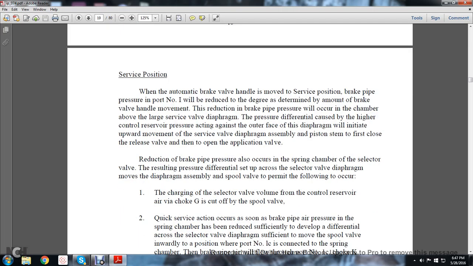Service position. When the automatic brake valve handle is moved to the service position, the brake pipe pressure in port number 1 will reduce to a degree determined by the amount of the brake valve handle movement. The reduction of the brake pipe pressure will occur in the chamber above the large service valve diaphragm. The pressure differential caused by the higher control reserve pressure acting against the outer face of the diaphragm initiates upward movement of the service valve diaphragm assembly with the piston stem,